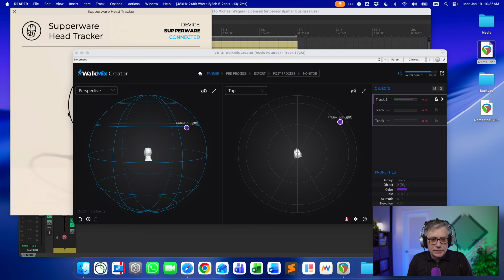So let me just recenter that again. Oops, recenter. Okay. And then let's play our audio and see how that actually works. So the audio is to my right, slightly above. So if I'm turning my head in that direction, you should actually hear that as a panning sensation, but for me it's actually almost as if that source or that audio would actually be above my head to the right.